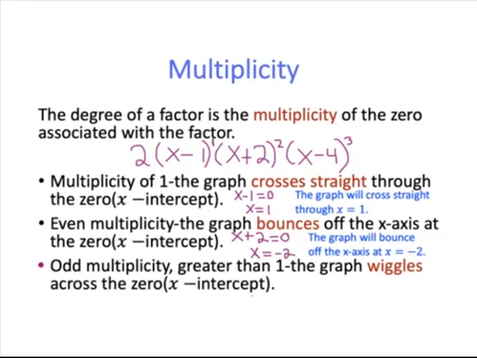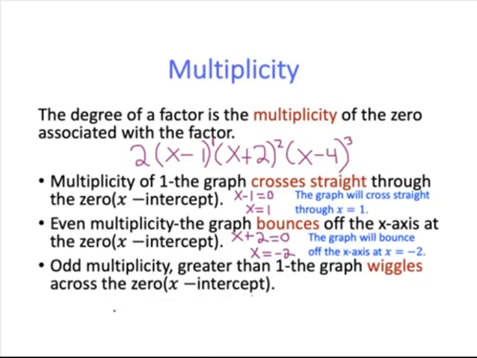The last bullet that we have here is for a factor that has odd multiplicity greater than 1. If a factor has odd multiplicity greater than 1, the graph wiggles across the 0 or x-intercept. The example that we have here is the factor (x minus 4) cubed. Since 3 is an odd number greater than 1, the graph is going to wiggle across the 0 that's associated